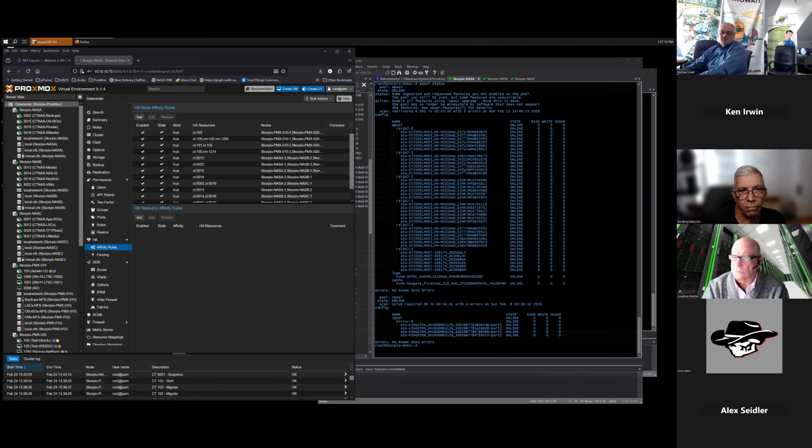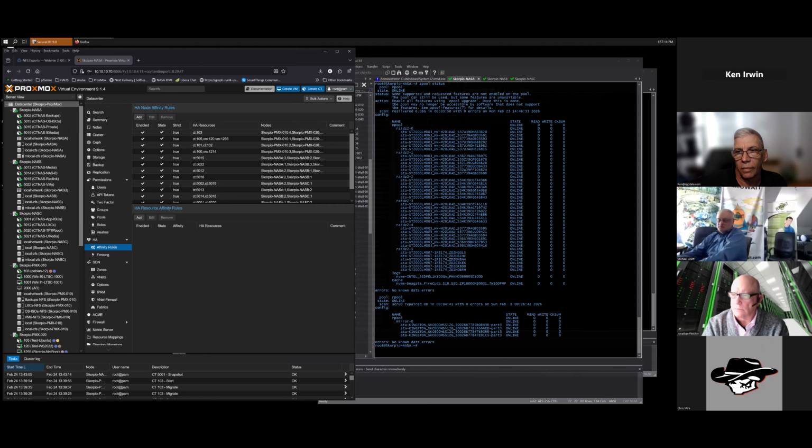And this is the kind of thing that this environment gives you. Not only does it benefit you from a resilience standpoint, from a high availability standpoint, from a recoverability standpoint, business continuity, all of that. That's great.